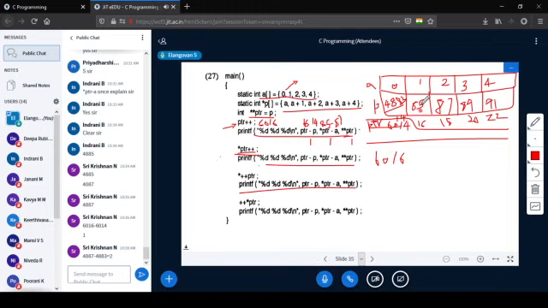So this is 4887. Now ptr minus p is 6016 minus 6014. It should be 1.